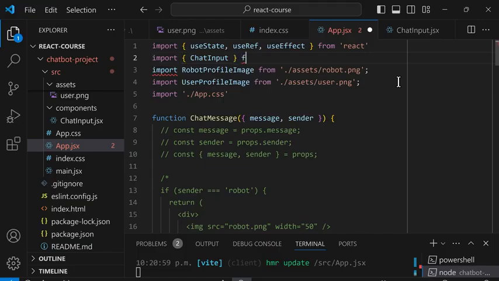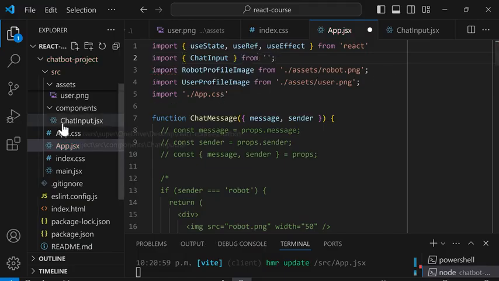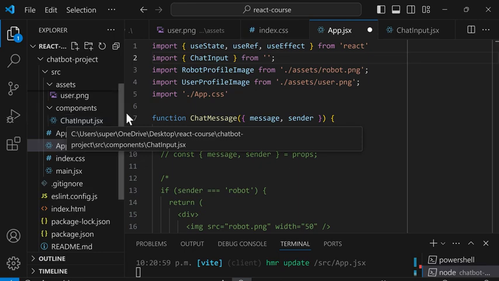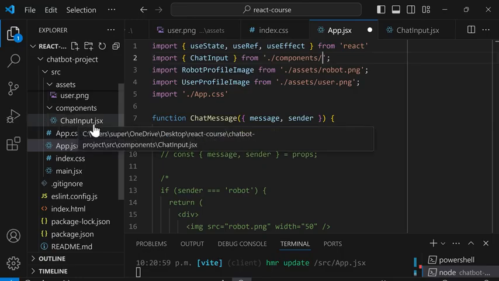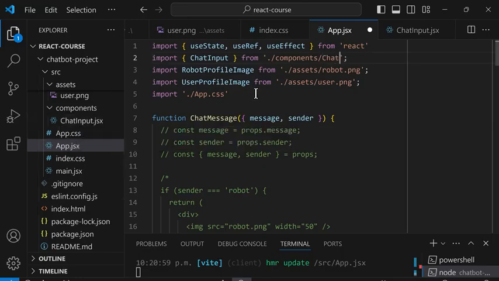And we'll import it from a string. And we're going to locate the chat input file. At the front, we'll type ./ to start in the current folder, which is the source folder. And then we're going to go to the components folder. And we'll type a / to go into this folder. And we'll locate the file chat